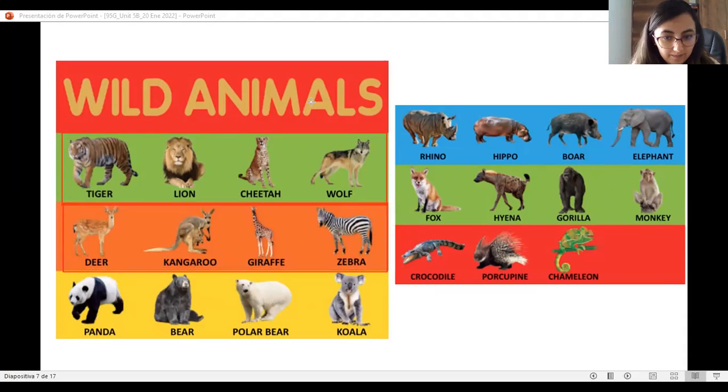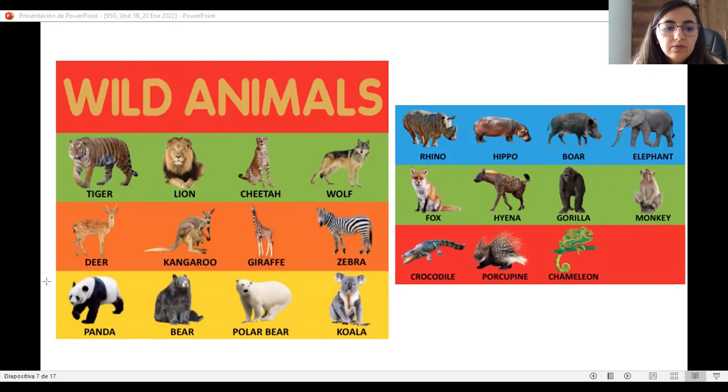Are you there? Deer, kangaroo, giraffe, and zebra. Exactly. We have the deer, que serían los venados. A deer, a kangaroo, ¿sí? Un canguro, kangaroo, a giraffe, una jirafa, and a zebra, una cebra.